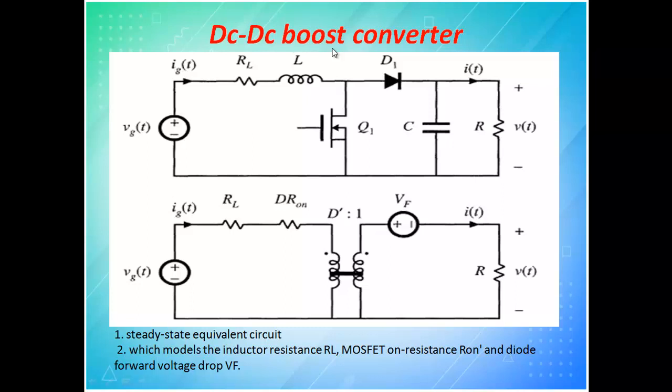So in a boost converter, at one particular time the supply will charge this inductor, and at the next point of time the supply plus this charge stored in the inductor will come as output. So that is why you are able to get twice the value of input voltage. You can see here, when I turn on the switch, what will happen?